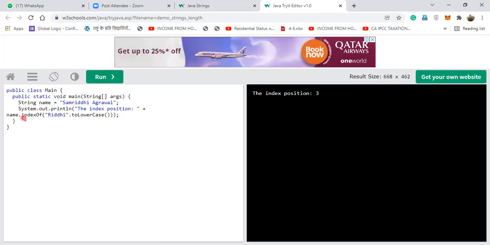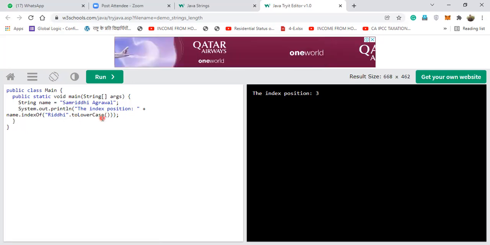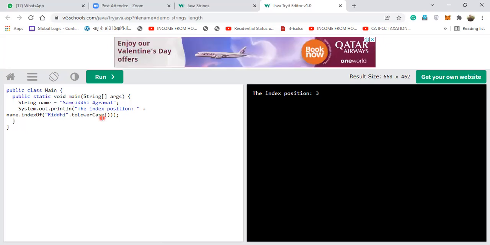First is index of. Inside this index of, I have written two lowercase. So I have combined two or more functions. I can do that. Okay. Yes, ma'am. Another very interesting thing was of maths. Anyways, right now I'll not go for it. Math function, I'll tell you in the next. So this particular thing is clear to you, index of function. Yes, ma'am.